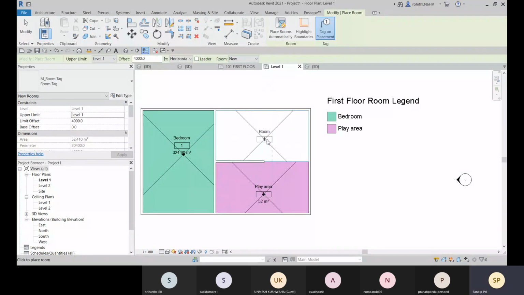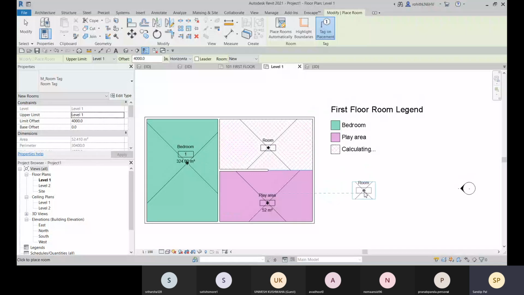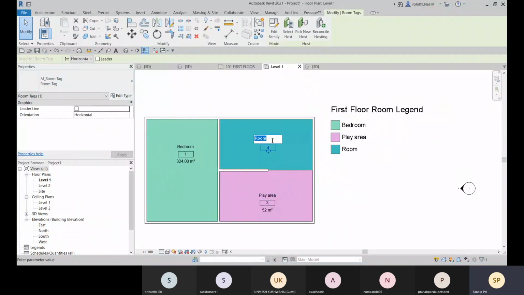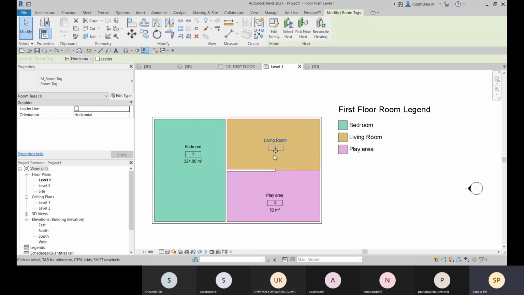Okay, so let me place it here again after deleting it. And here you can go with the same name. Okay, living room, like this. And here you can see that you got that color back, right?